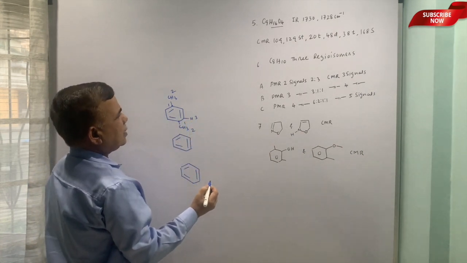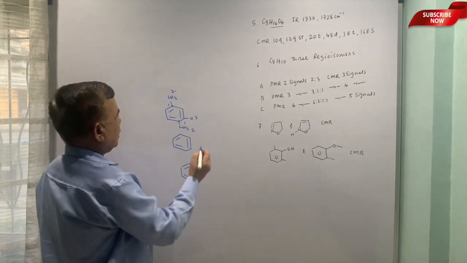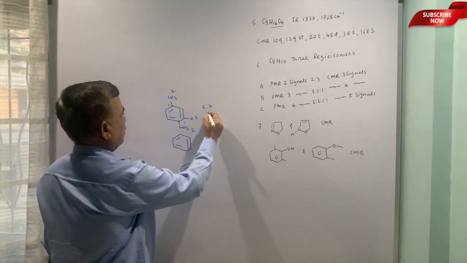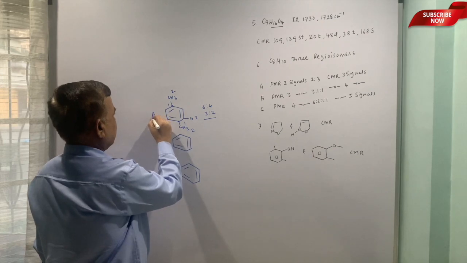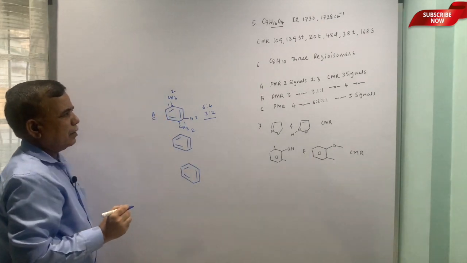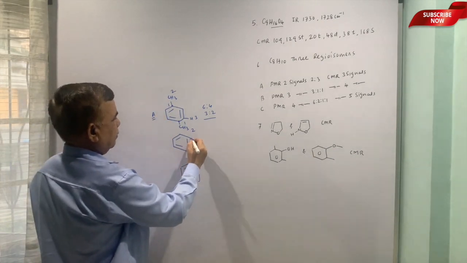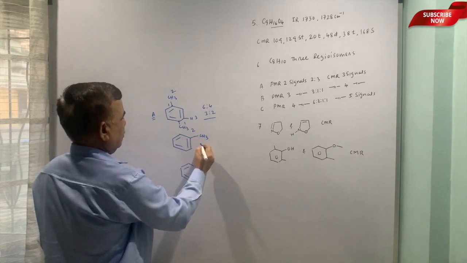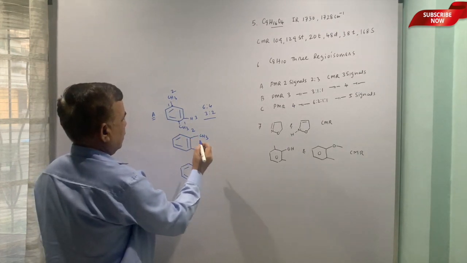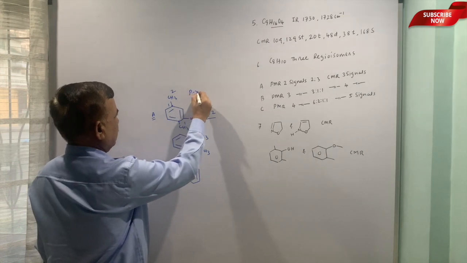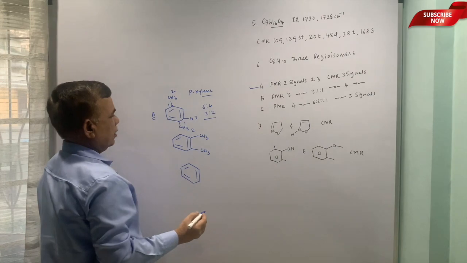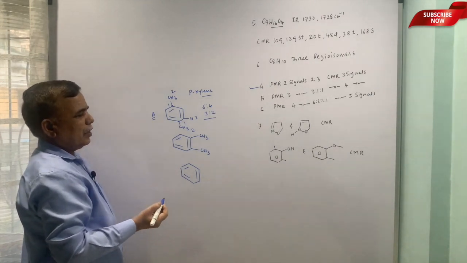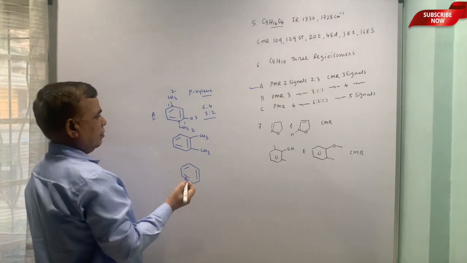So, 3 signals and PMR 6:4, 3:2 or 2:3, whatever is there. So, compound A is this one. Okay. Then I am just randomly putting the, so this is paraxylene to be precise, E. I am putting orthoxylene. Let us see whether it matches with B or C.